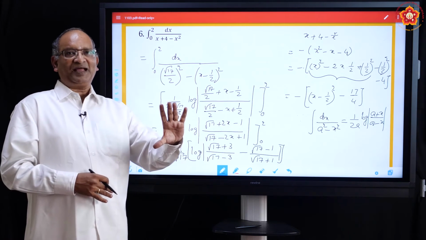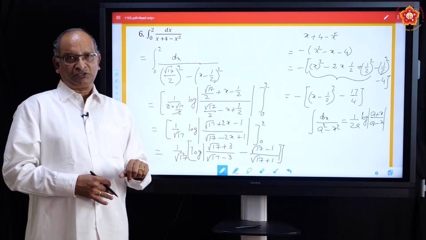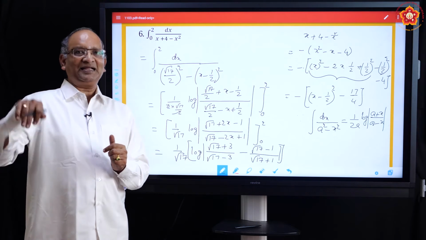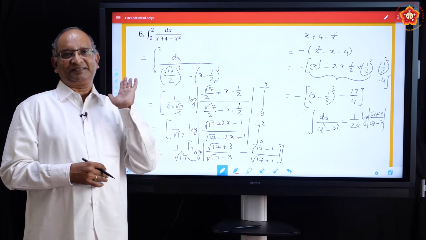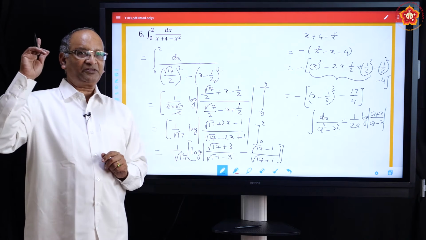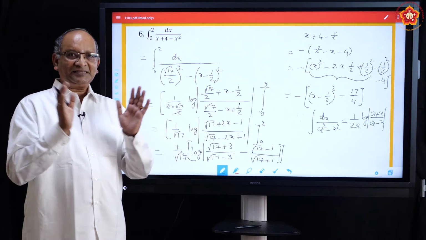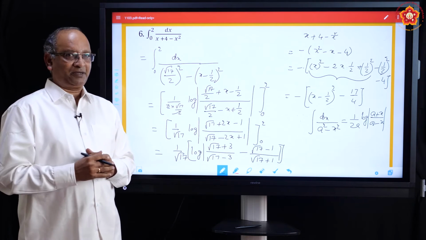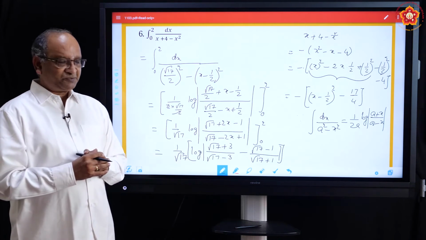Finally, you will get one fraction where in denominator still root 17 will be there. So it is called irrational. So what do we do with that? Rationalize it. Let us say if it comes root 17 plus 3. So what you do? Multiply with root 17 minus 3 to numerator and denominator and then simplify further and get the answer. So I am not doing that particular part. This is the main part we have done. Okay. Let us move to the next.